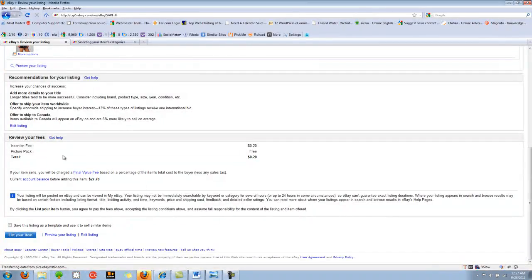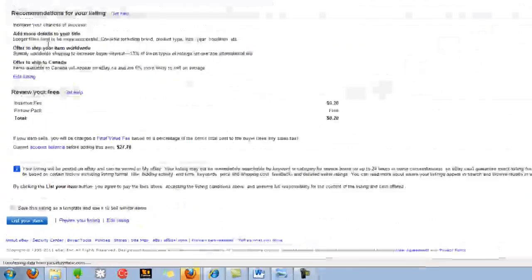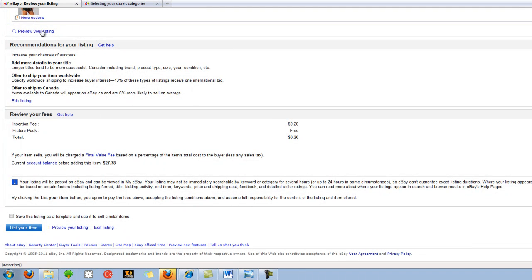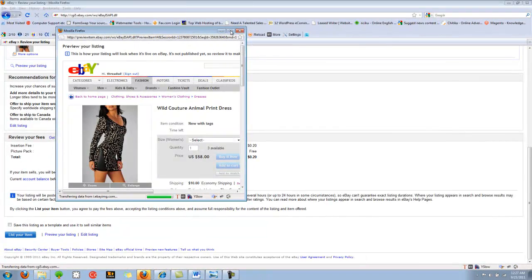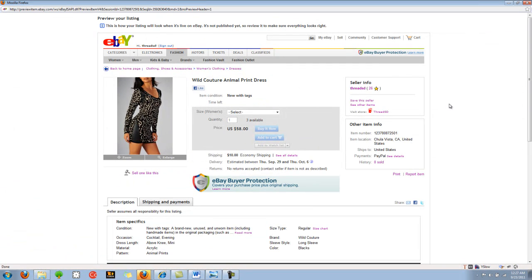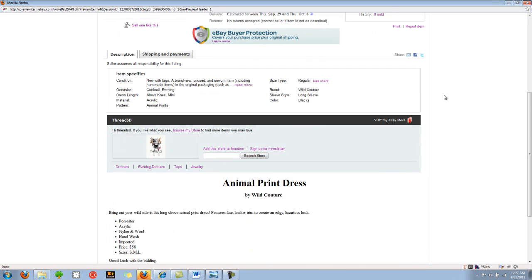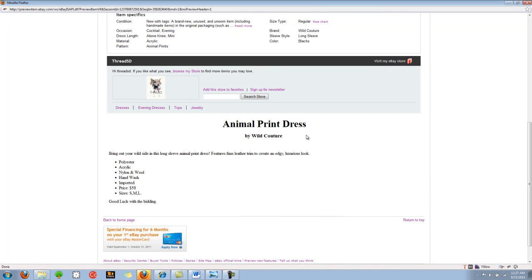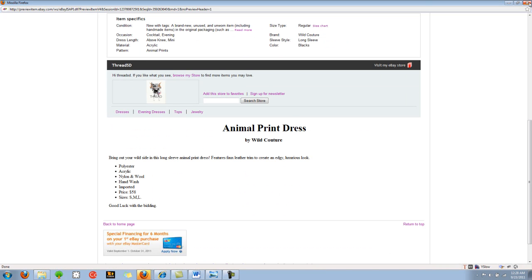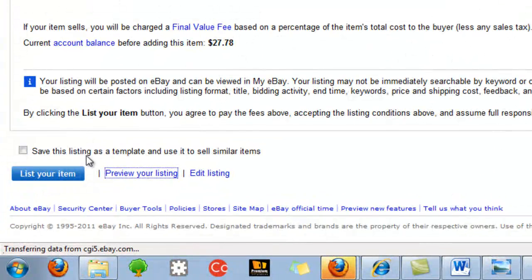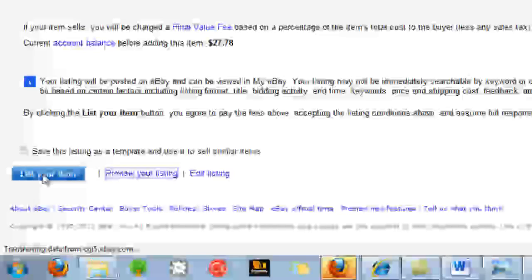And then what I usually like to do is to go down here to preview listing. Be aware of the difference between preview listing up here and preview listing down here. They are different. You want to use this one. And then it'll open our listing, and this is actually what the listing is going to look like on eBay search, not in your store. In their eBay search, if somebody found your item just by going to eBay. And then as we scroll down, as you can see, it's got our animal print dress, wild couture, and it says you can browse by store and visit our store, and it's perfect. Everything's correct. So we just want to go ahead and list item. So we go ahead and click list item,